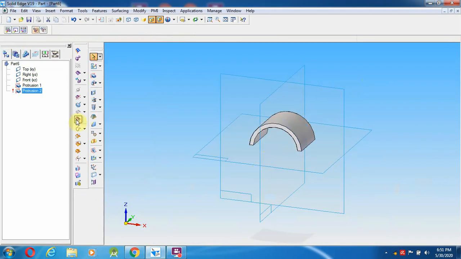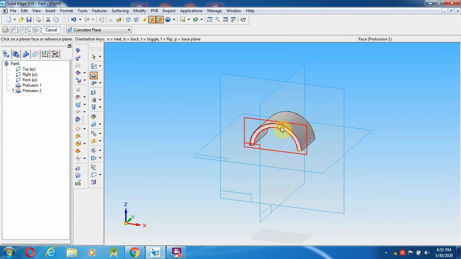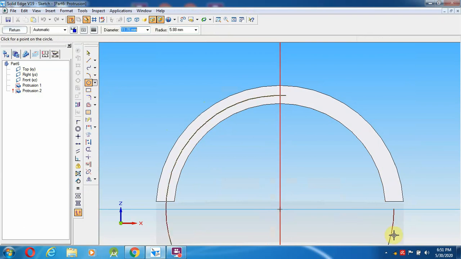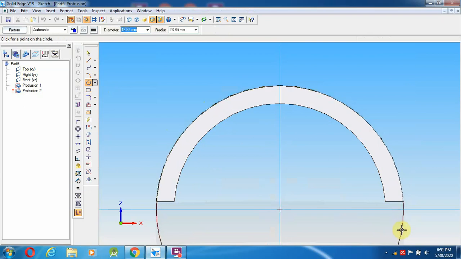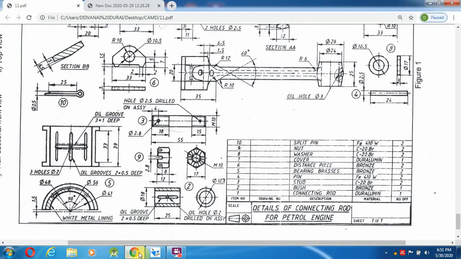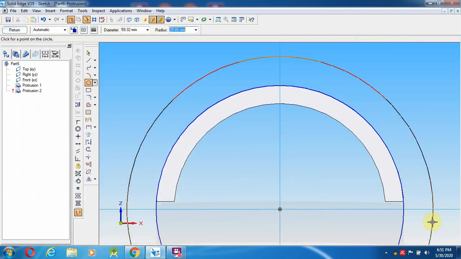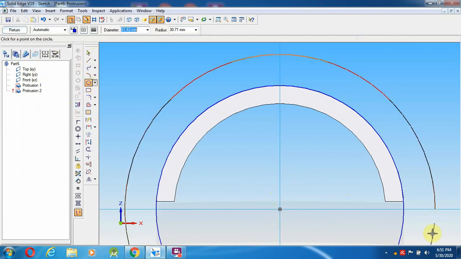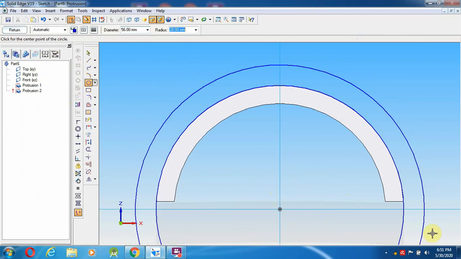It's not coming. So once again I am going to do the trim option, solid option, select a circle from the midpoint here to the 48 mm circle, and select a circle again from here to the 56 mm diameter. It's not coming. So go over here, select 56, return.